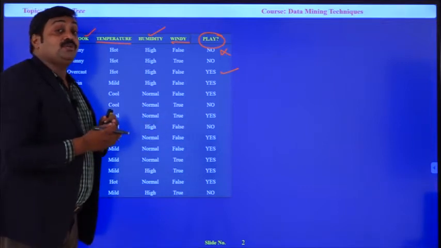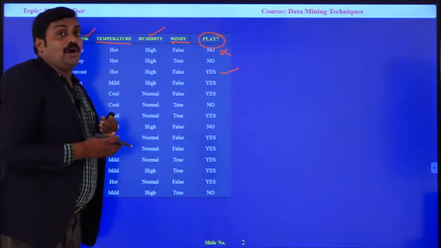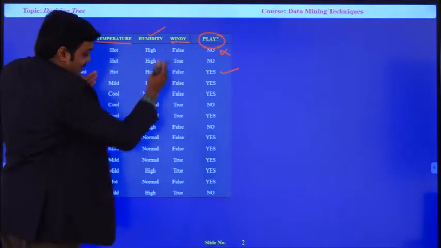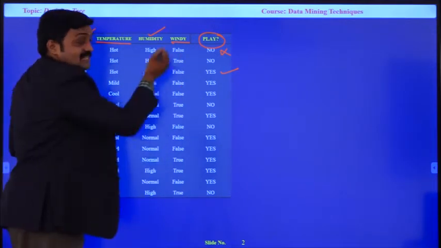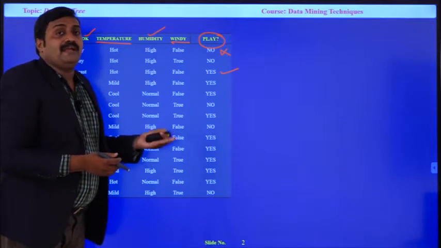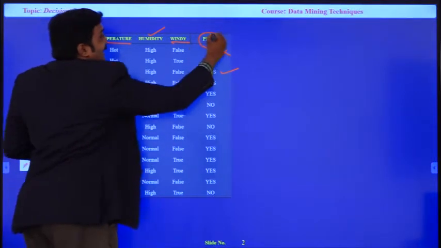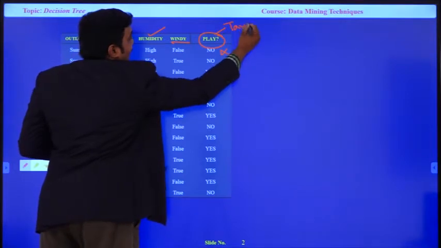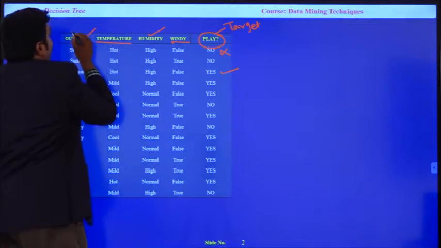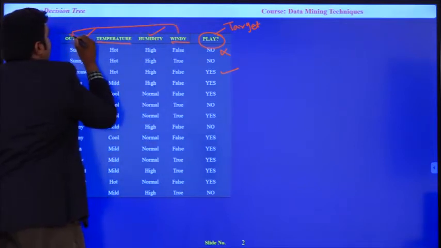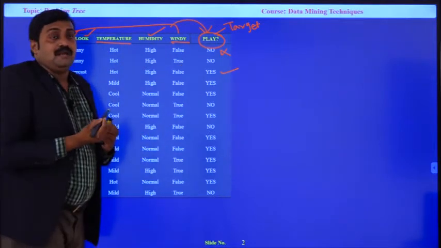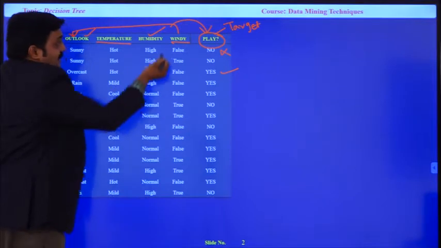That means we should go with step 2 onwards, because in step 1 of the decision tree, if all the samples belong to the same class, we are going to stop. We create the root node as a leaf node and name it with that class. But this is our target, whether the player is playing yes or no. These are the independent attributes, and based on the values available for these attributes, we are going to predict whether the player is playing or not.